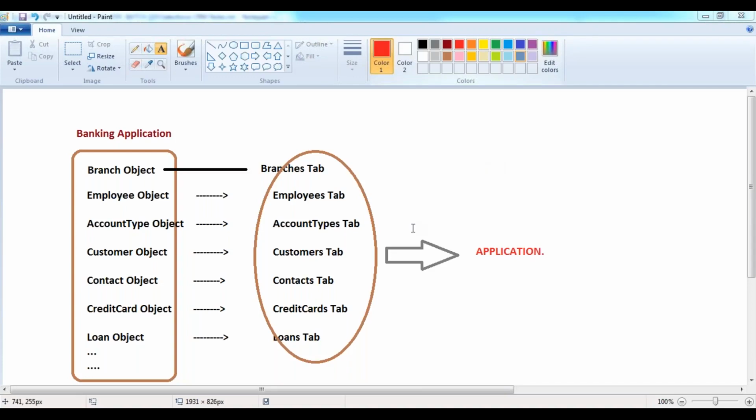An application contains a collection of tabs which provide the various user interfaces through which we can manage the records in the associated application. That collection of tabs is called an application.